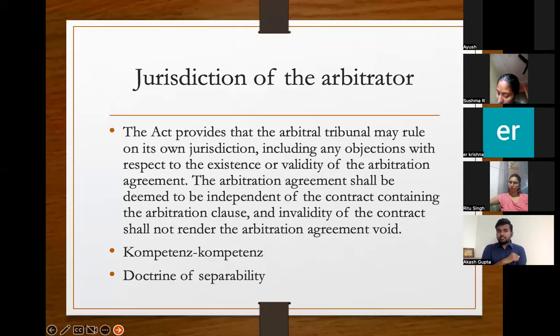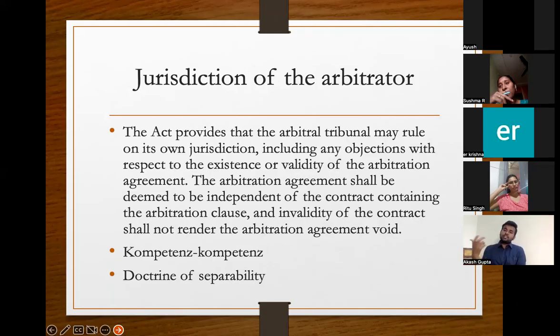The second concept is the doctrine of separability. What do we mean by separability? It's this. When one of the parties attacks the validity of the contract, it does not mean it's a direct attack also on the arbitration agreement. Why? Understand this. In the same example, Unnati versus Hussain, Unnati argues that the contract is invalid and therefore the arbitration agreement is also invalid.